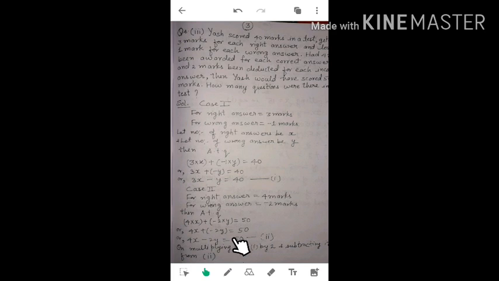Now see here, we have to solve this first equation and this second equation in order to find the values of x and y. When no such option is given, the best way to solve is the elimination method. What we have to do is simply make the coefficient of any one variable equal, whichever we find easy. See here, the coefficient of y is -2 here and the coefficient of y is -1 here. The sign is the same. We will multiply this first equation in order to make the coefficient of y equal to the coefficient of y in the second equation. We'll multiply it by 2.